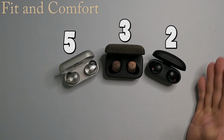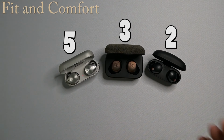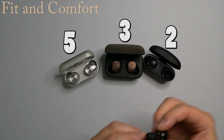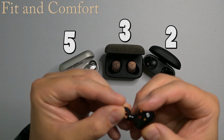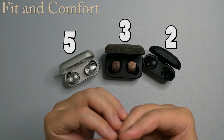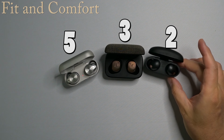Now, the Sony's foam tips just do not fit me very well. They often create a pressure point in my ear, and I use the smaller size. I think this is the second to the smallest it comes with. Oh, they're color coded, as you can see here. So it's really nice to see that Sony makes it easy for you to identify the size. But if I use a smaller size, I cannot get a